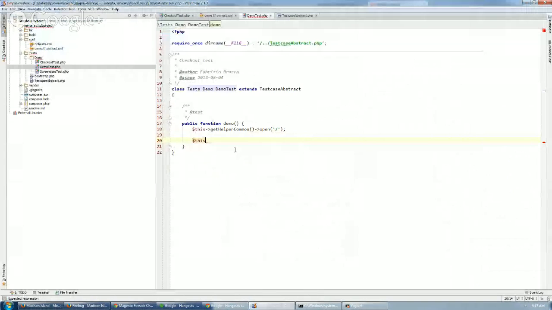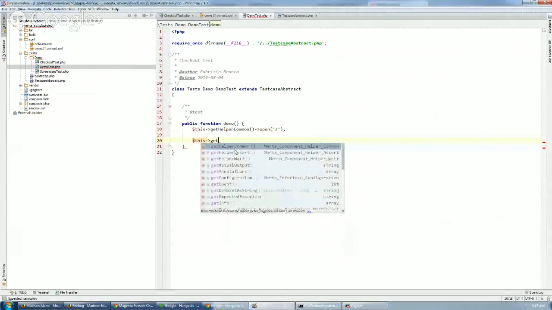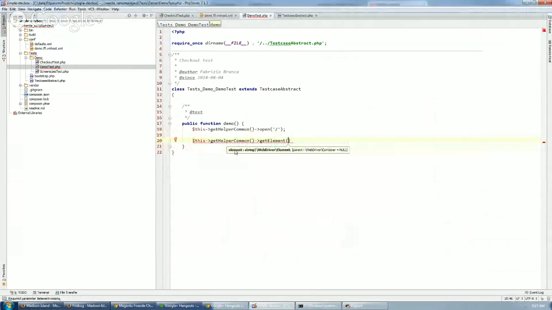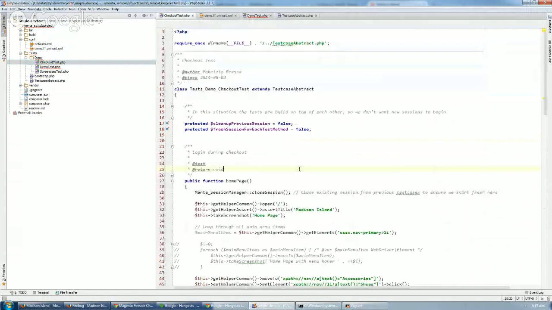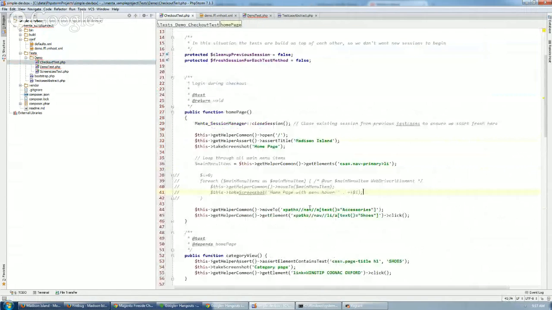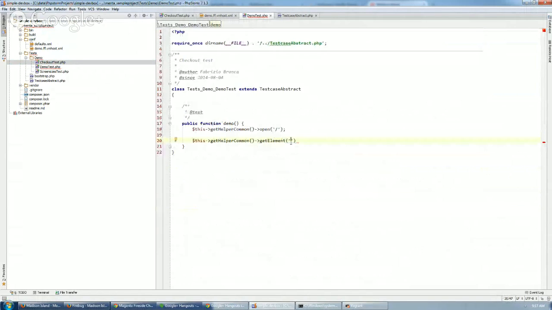So we could go get helper common, get element, and now back here. Basically now here I'm using the XPath locator that says find the nav element, find the link that says men here. And then with this element, I can